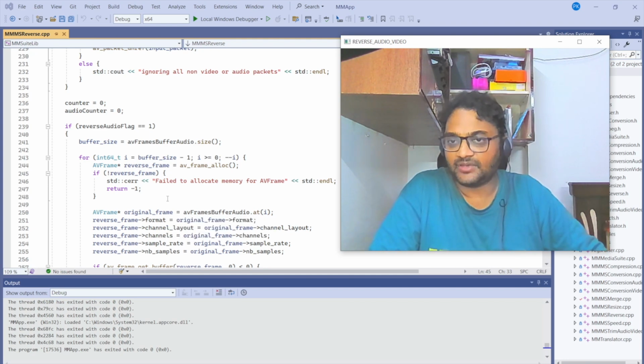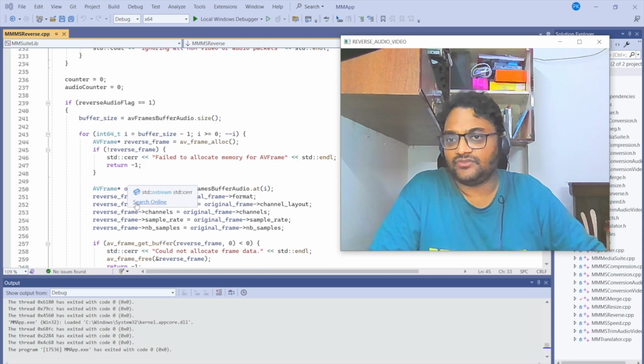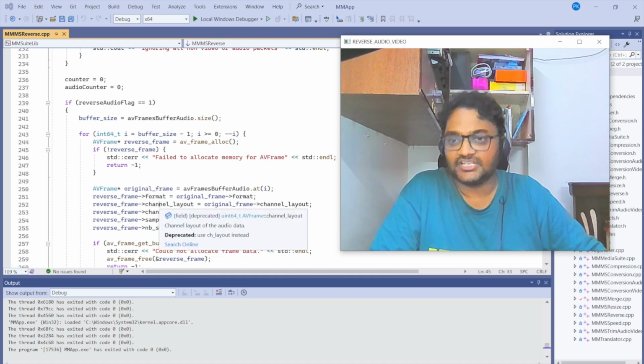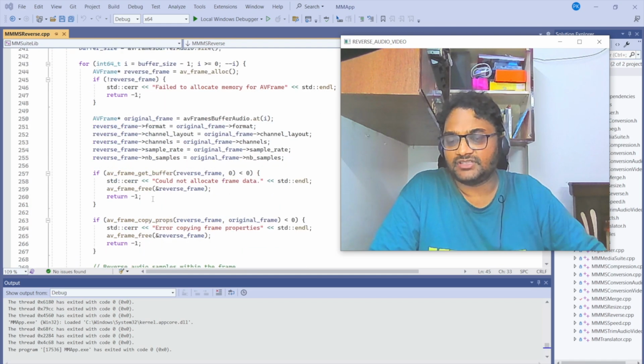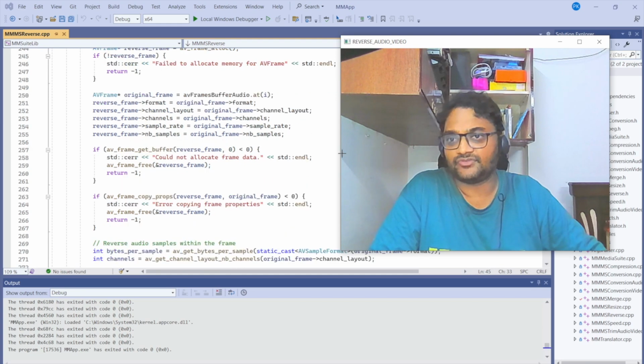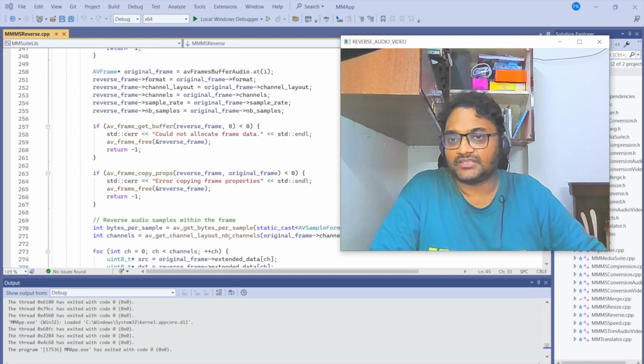Yes, same thing I am following. I am just allocating a new frame, and I am assigning the properties from the original frame. This is how my reverse frame should behave. These are the configuration of that particular frame: sample rate, channel layout and format. And then I allocate memory for this. After allocating memory, I copy the entire properties of the original frame to this reverse frame, and I copy the entire